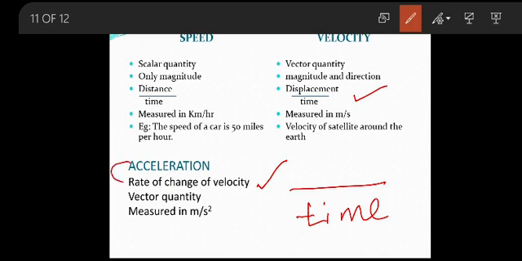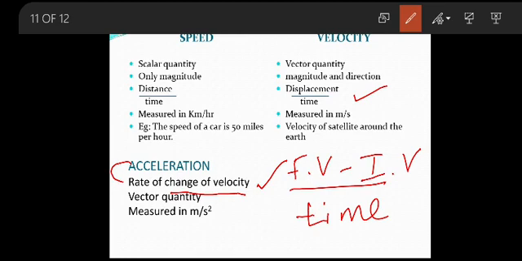So, as per the definition of acceleration, it is the rate of change of velocity. Change of velocity in the sense difference between the final velocity and the initial velocity. A bus may initially start at a speed of 50 km per hour. Later on, after some 10 minutes, it may increase its speed to 100 km per hour. So there are two speeds for the same bus. That becomes the final velocity and the initial velocity.